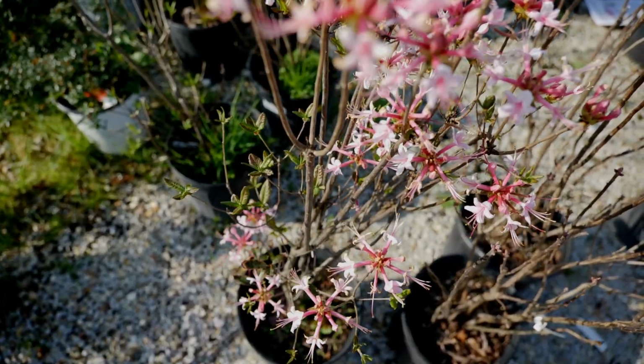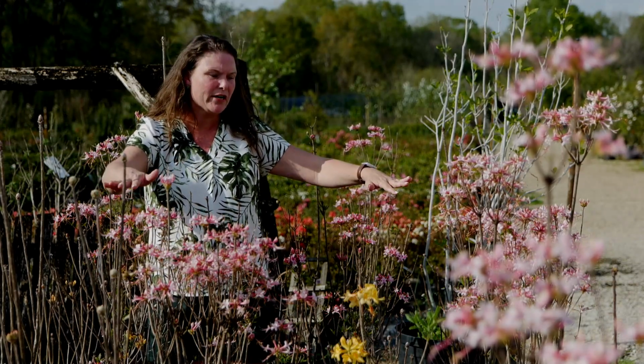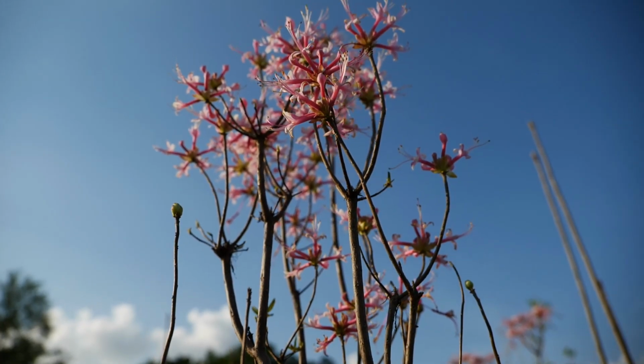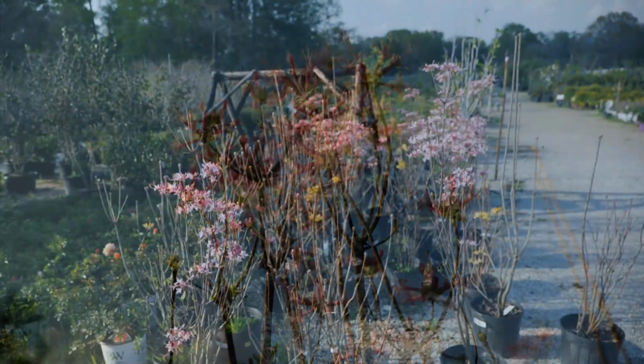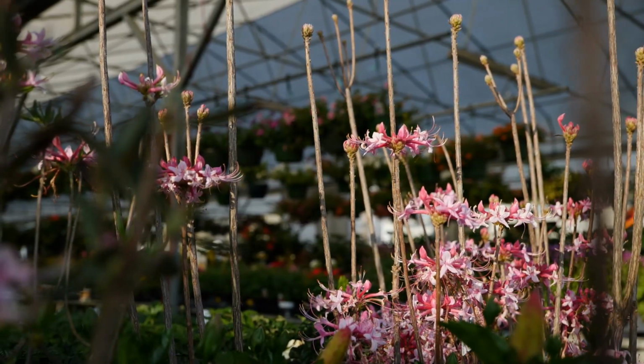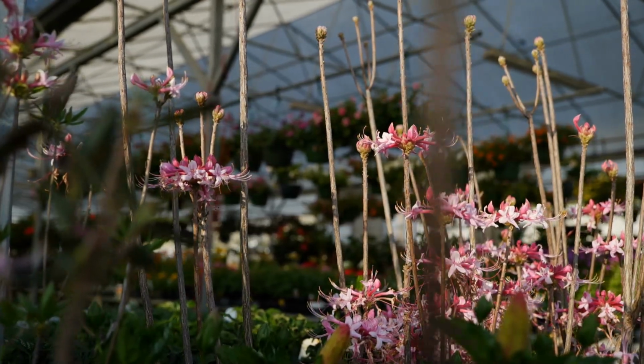Now, these again are wonderful native plants, and don't have a lot of disease or insect pressures. They get about 6 feet in height and about 4 feet wide, and they're just very open. And these can be pruned in the springtime after they're done blooming, fertilize in the spring, and enjoy this native